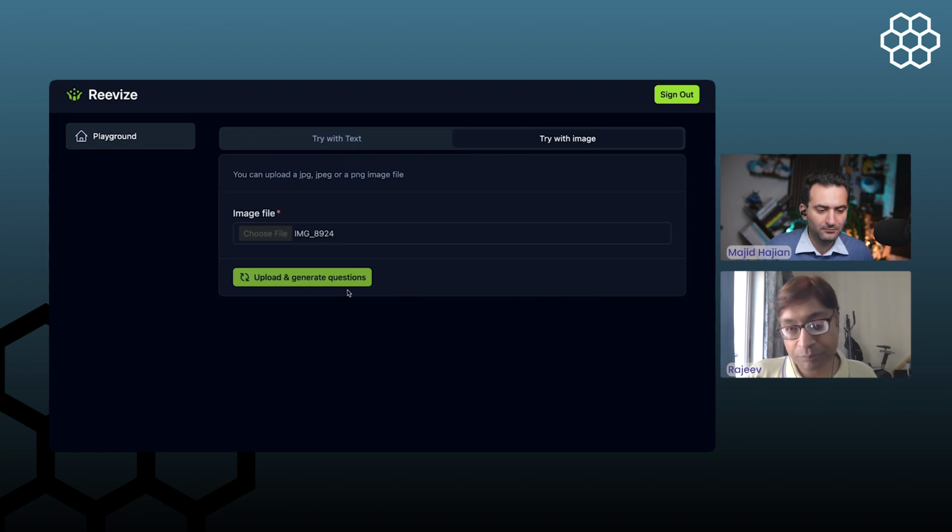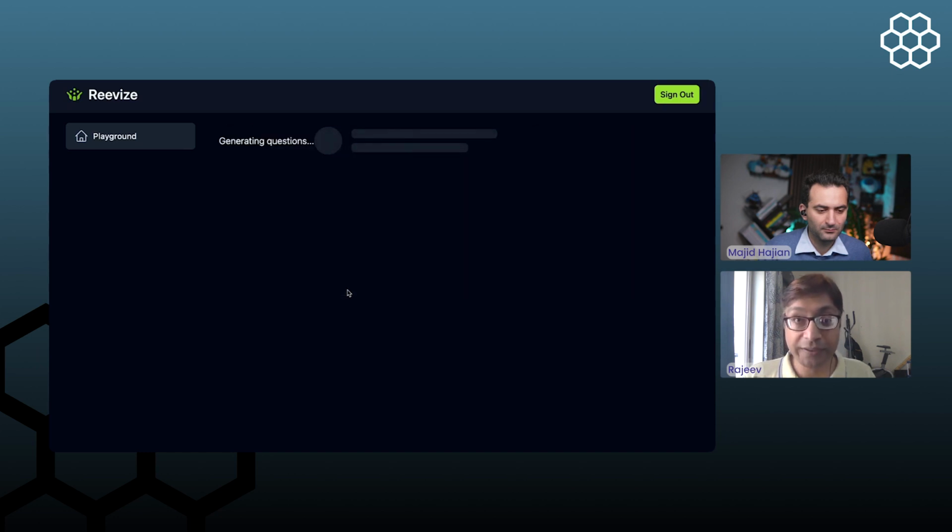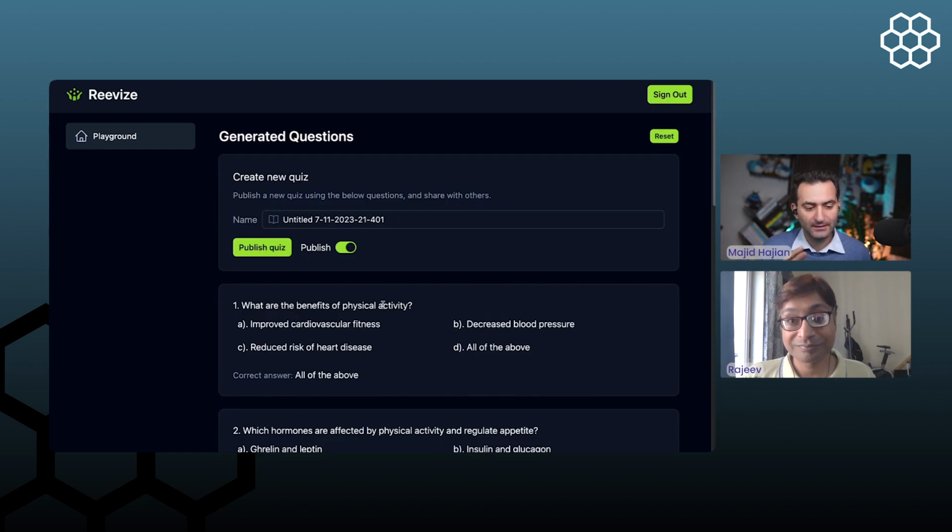So it is going to take some time because first we need to extract text from the image, and then we need to call the AI APIs to generate questions based on that text. So technically, you are uploading this image somewhere, probably in Firebase storage, and then you're using an extension to extract the text out of the image, and then you pass the text